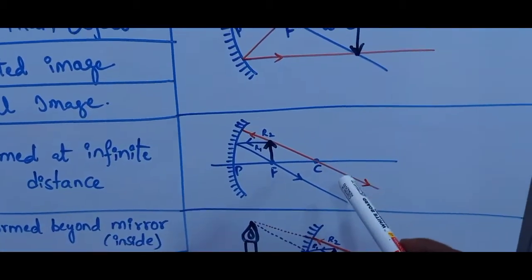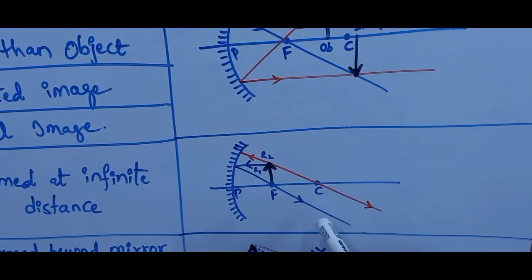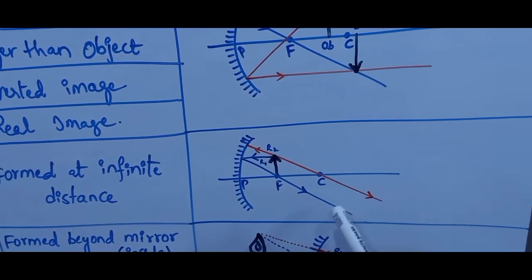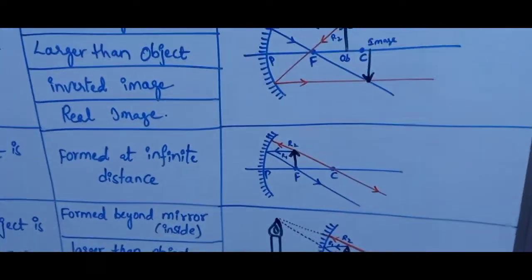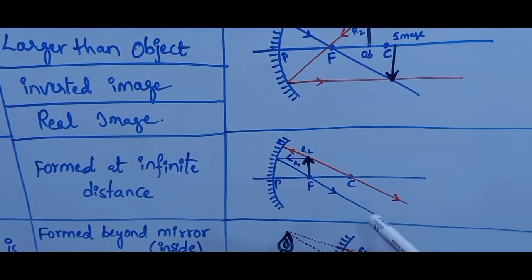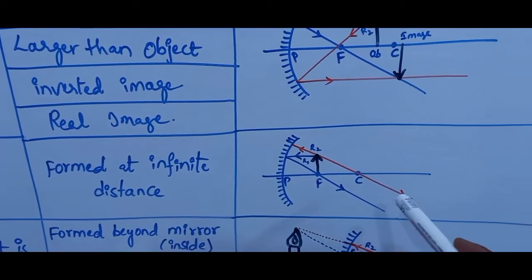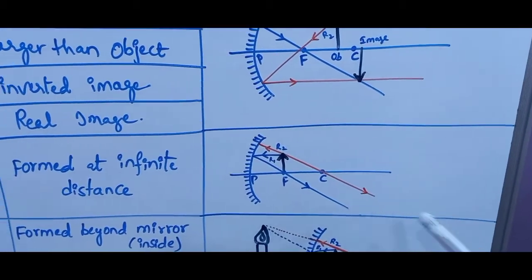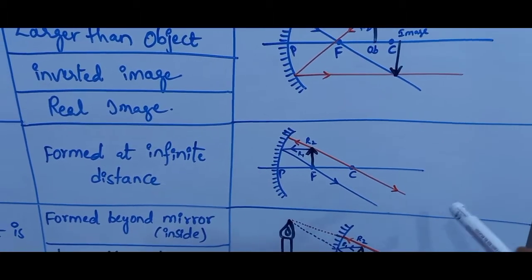Okay, then is there any chance of these two reflected rays intersecting, children? No, because both reflected rays are parallel to each other. There is no chance of these two reflected rays getting intersected. We will get the image only when the reflected rays are intersecting with each other. But according to this diagram, we cannot say that there is a chance of these two parallel rays intersecting. If they do intersect, that will be beyond the screen. That may be at infinite distance, they may intersect with each other. So therefore at infinite distance only we'll get the image.